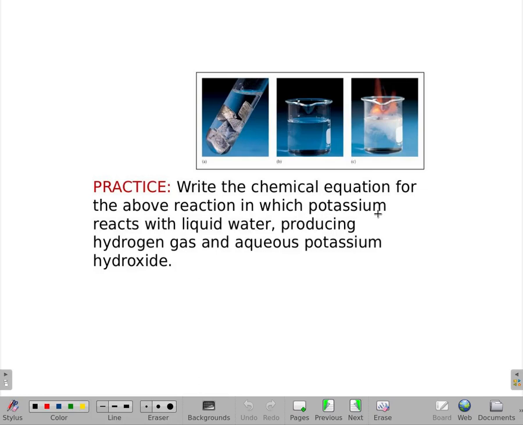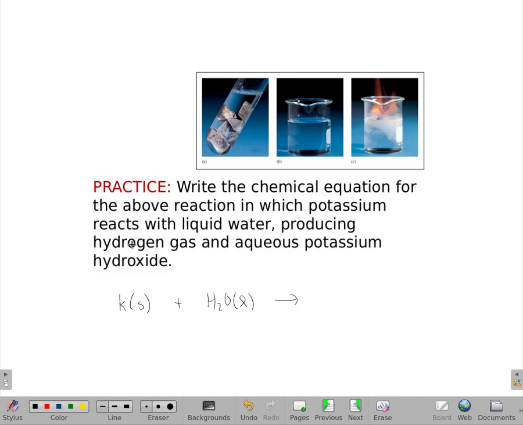Doesn't say if it's solid, liquid, and gas, but it does refer to that picture. And it's probably safe to say that that stuff is the water, and these other things are the potassium, and therefore the potassium must be a solid, because that's why it looks like that. All right, so the solid potassium reacts with liquid water